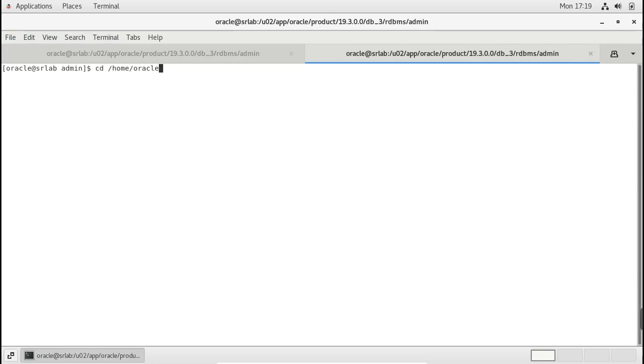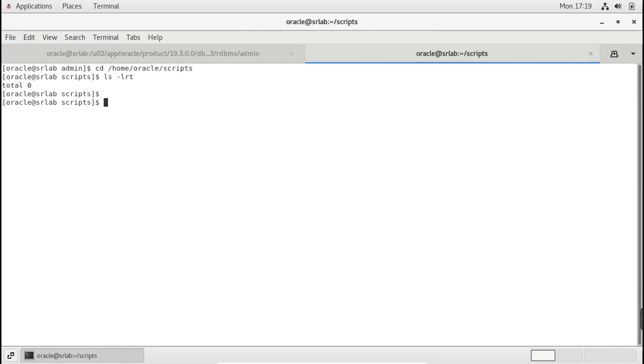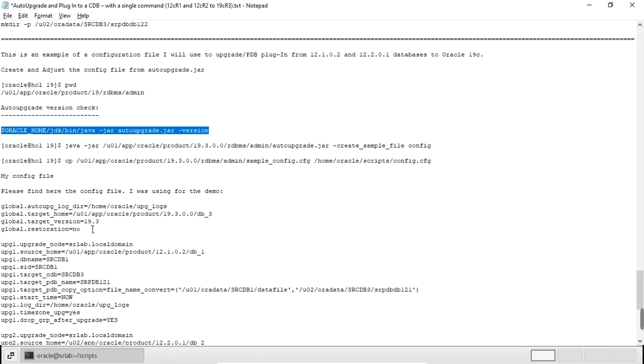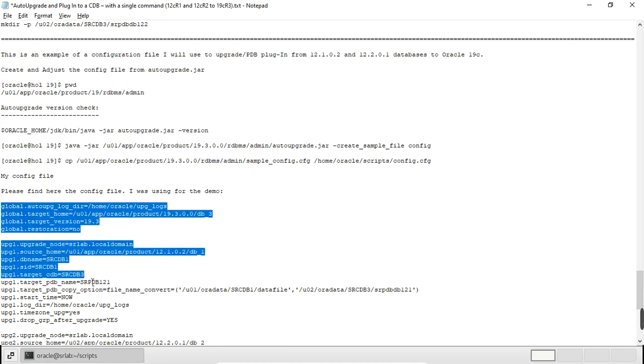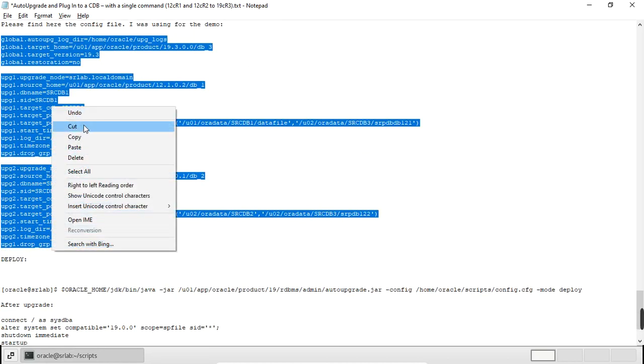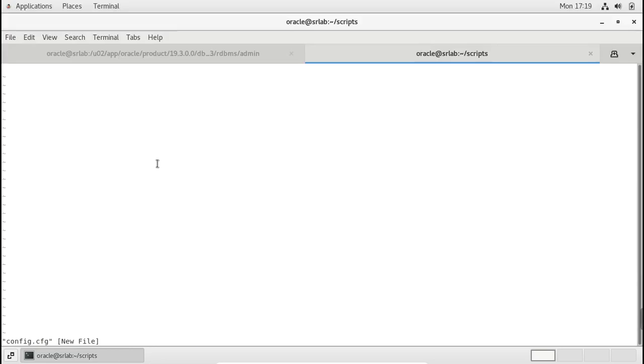In home Oracle scripts, I'm creating the config.cfg file with vi. You can copy this information and put it here.